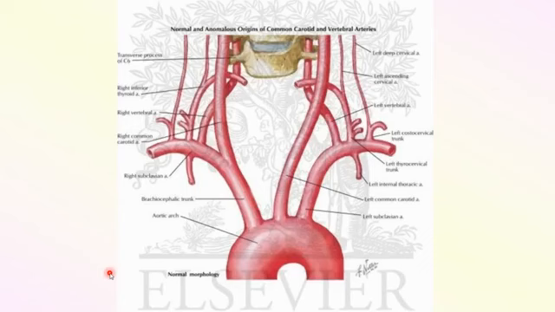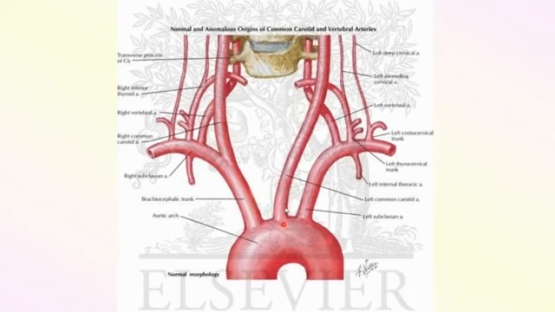The common carotid artery is going to originate asymmetrically between left and right. So the right common carotid artery you see right here, and it is originating from the brachiocephalic trunk. But the left common carotid artery,